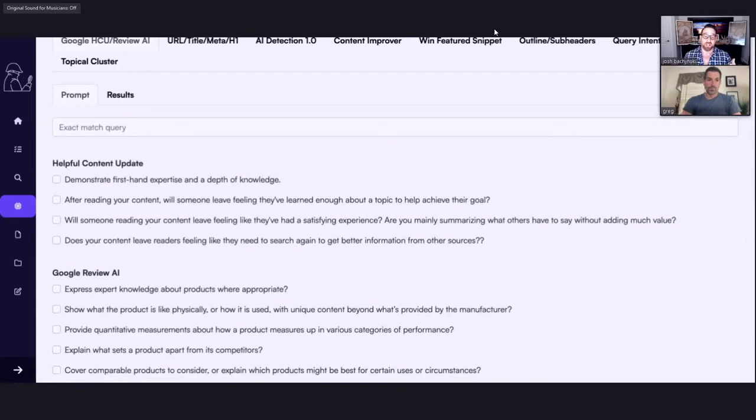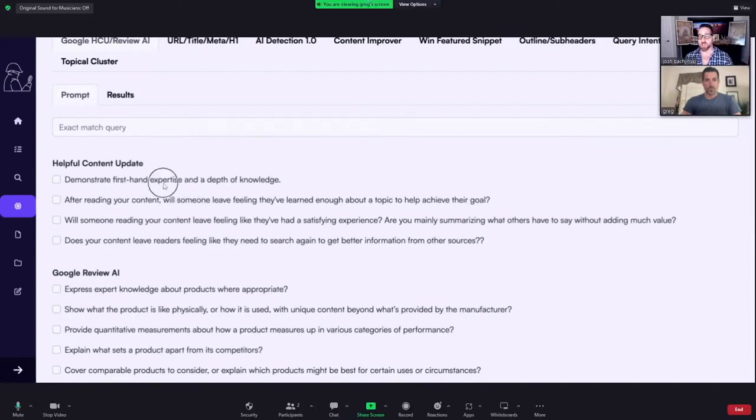So this is a subject matter expert in a box, right? You just put in your EMQ and you select which kind of helpful content and review content you want, and it will produce it for you. It gives you lists of all the useful firsthand expertise, or how much to write to make sure that they leave with enough of the topic.